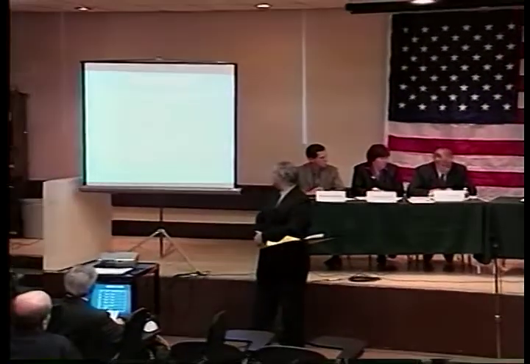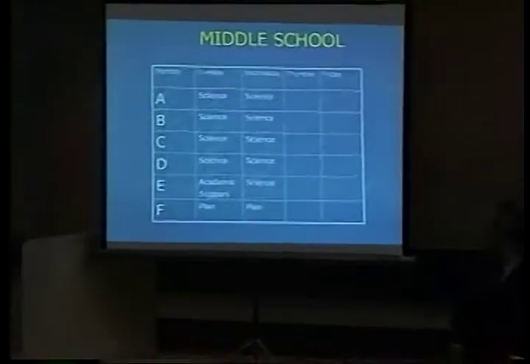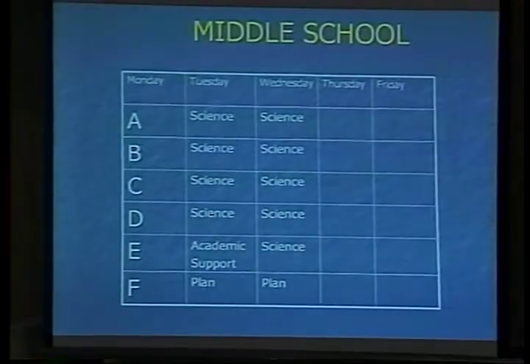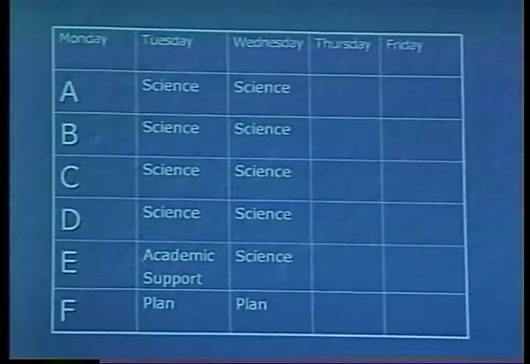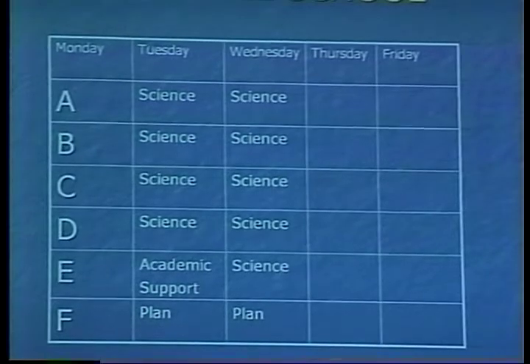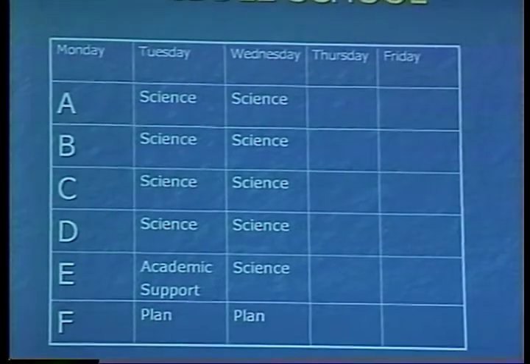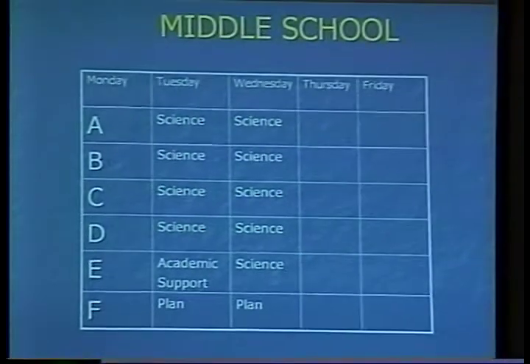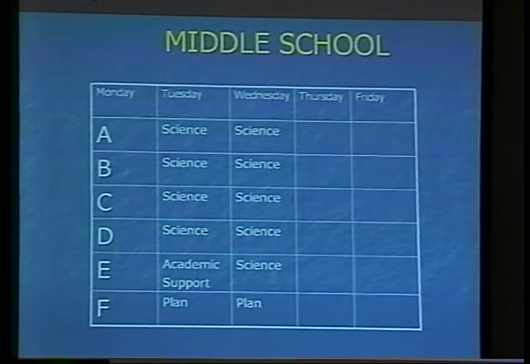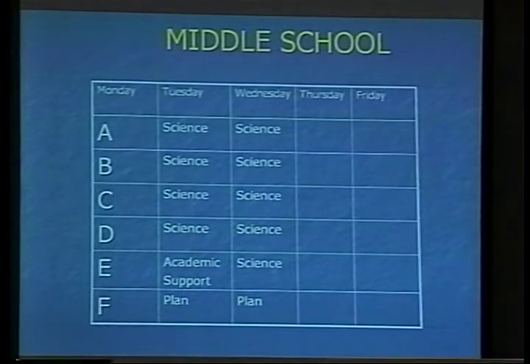The slide that should be in front of you has an A, B, C, D, E, F schedule. We have a 6-period day. We average around 48 to 50 minutes per block. And let's imagine that we're in a 7th grade science class. I put science. Take a look at the Tuesday slot. This year we have asked all of a particular team to take a group of kids and in 4 periods, 1, 2, 3, 4, teach their science classes. The other team, also on the 7th grade, have been asked to do the exact same thing.